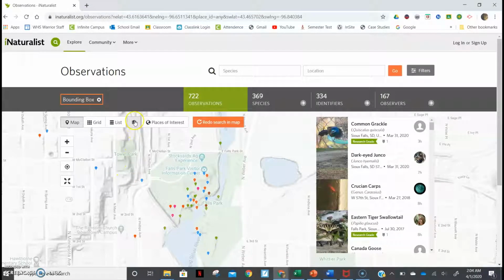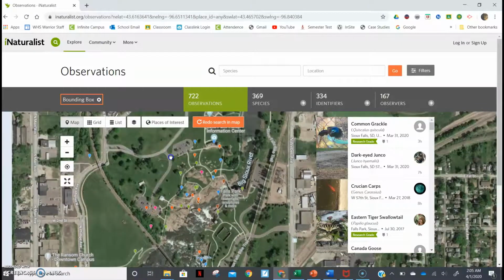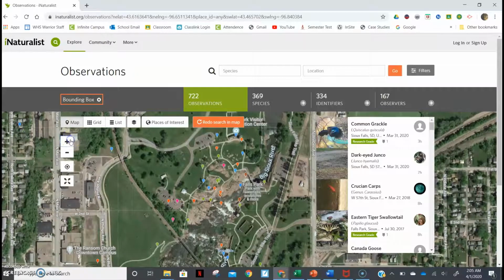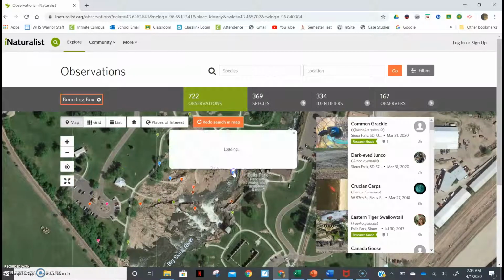But if we want to, we can go to this layers setting and we can drop over top of it a satellite version. This gives us a little more context to the area, a little bit more sense of place of the Falls Park. So before, when we just saw a pin, that might not have told us much, but we can see